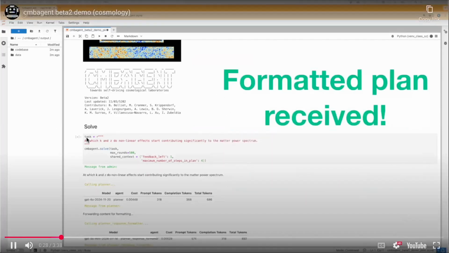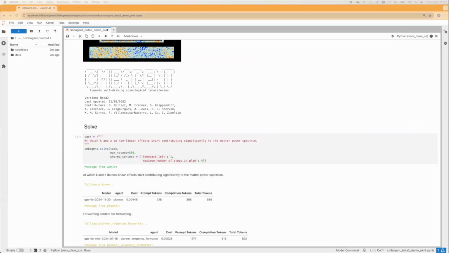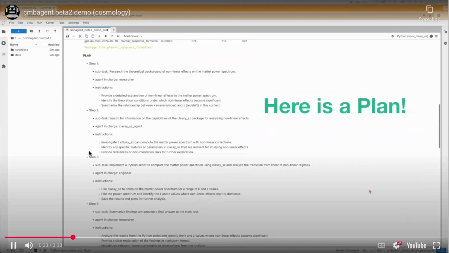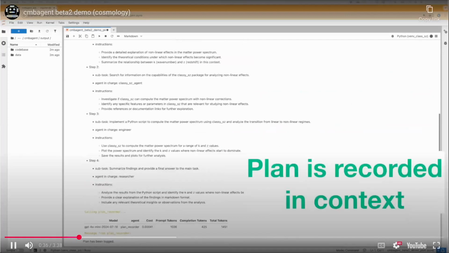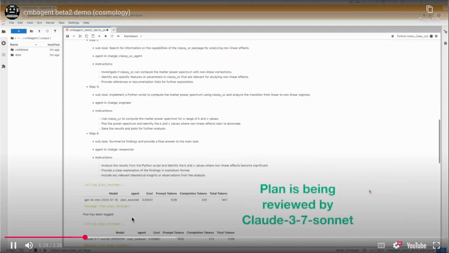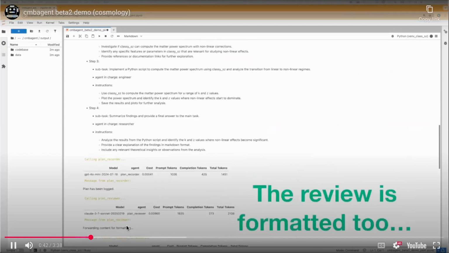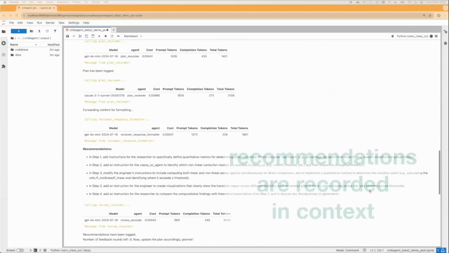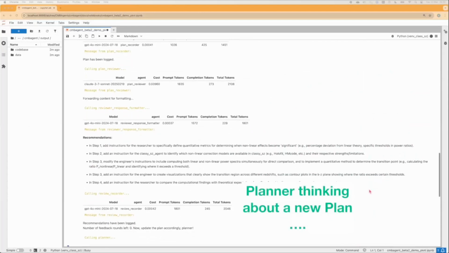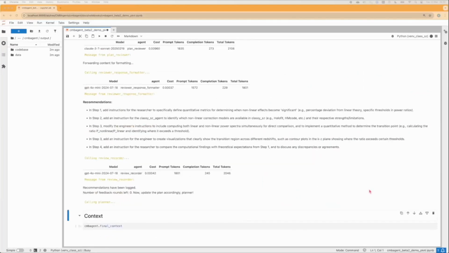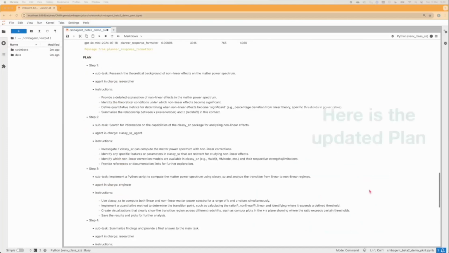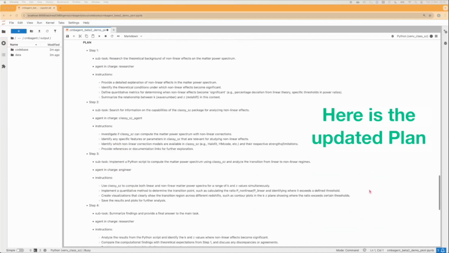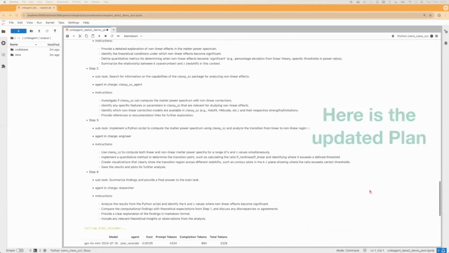Initially, here we see a planner agent using GPT-4o to generate an initial plan. And there's another agent to record that plan in a nice format. The plan recorder will then send that to another agent called the plan reviewer, which can use a different model, like a Claude model in this case. The reviewer will make recommendations to find problems in the current plan. And then the first planner will again try to revise the plan, maybe using the GPT model again. So here's the updated plan. After a few iterations back and forth,